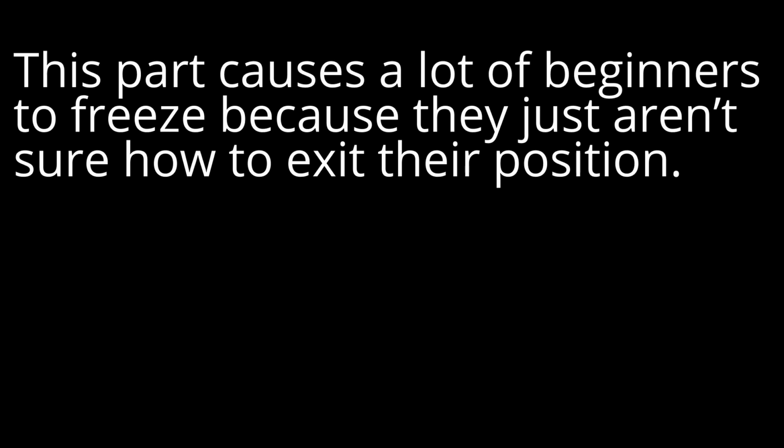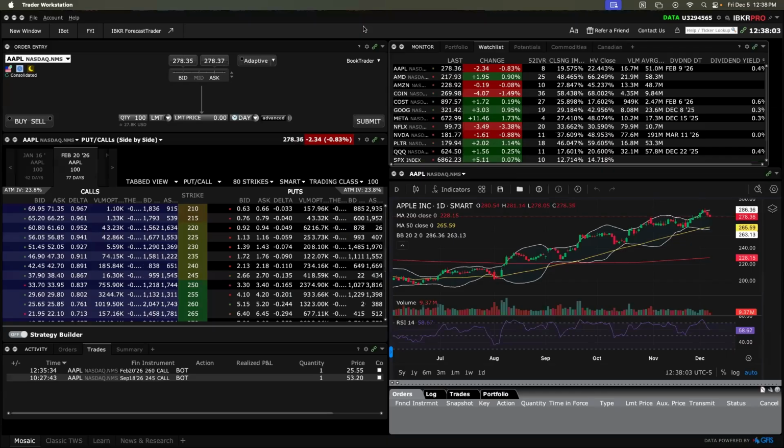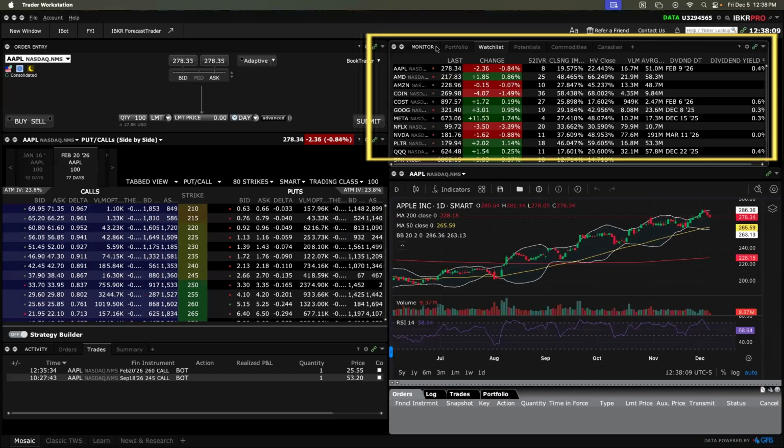So this part causes a lot of beginners to freeze because they just aren't sure how to exit their position. But it's actually very simple. You just do the opposite of what opened the trade. You sell the call contract. The best part is Interactive Brokers created a button to make this super easy. Just go into your portfolio,